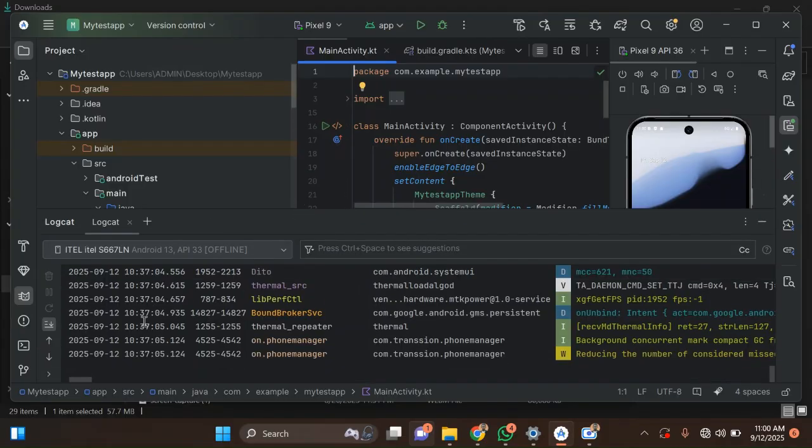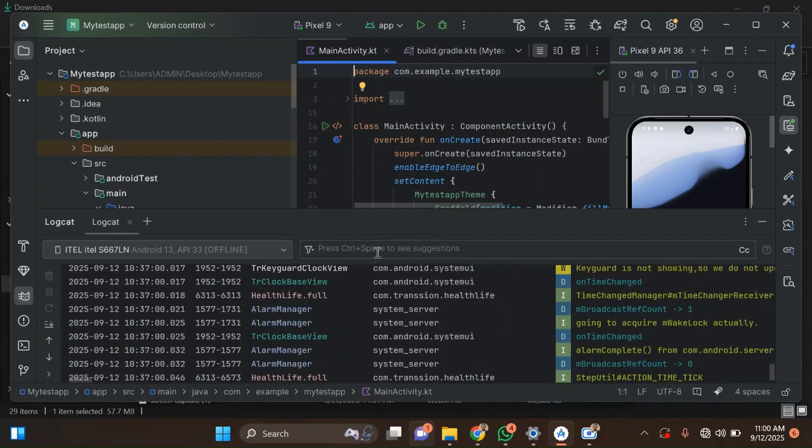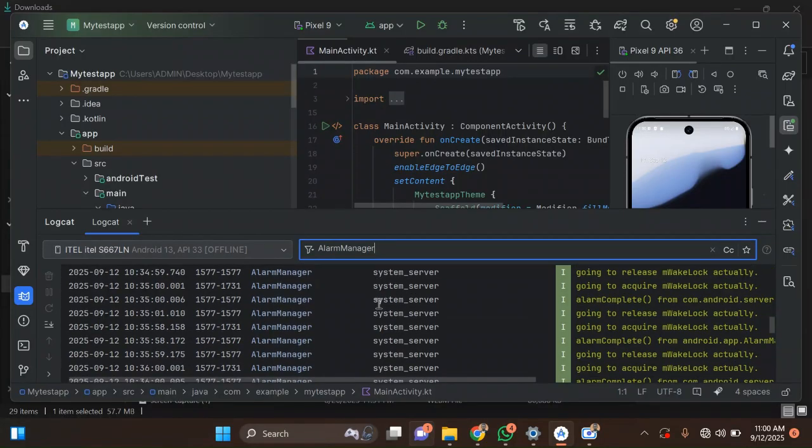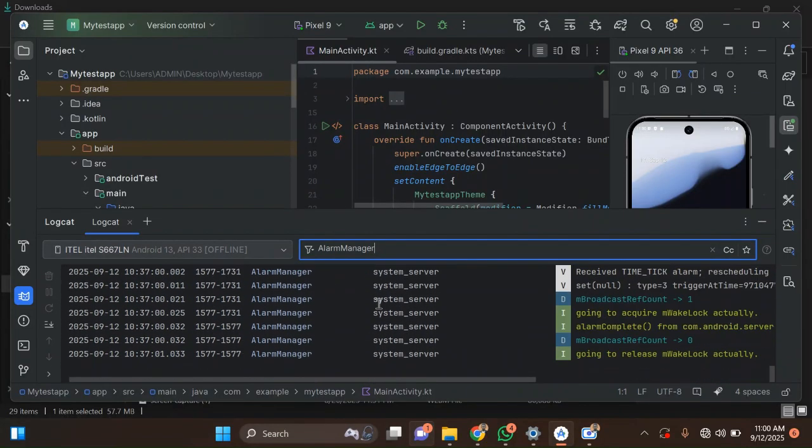When we are running our application, everything is displayed in this log cart. You can see all the logs displayed here, and you can search for a particular log. Let's say alarm manager. You can just come here and paste it here. It's going to sort it for you. It's going to pick out